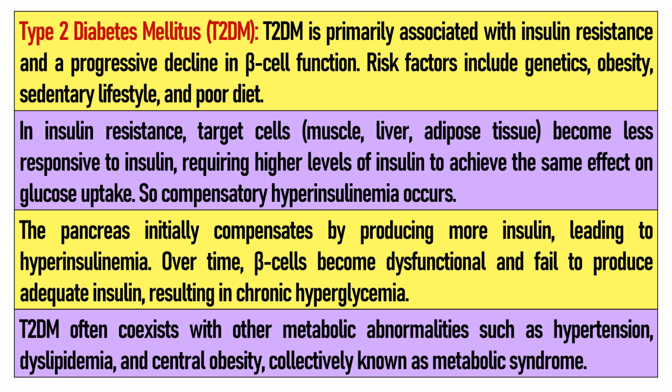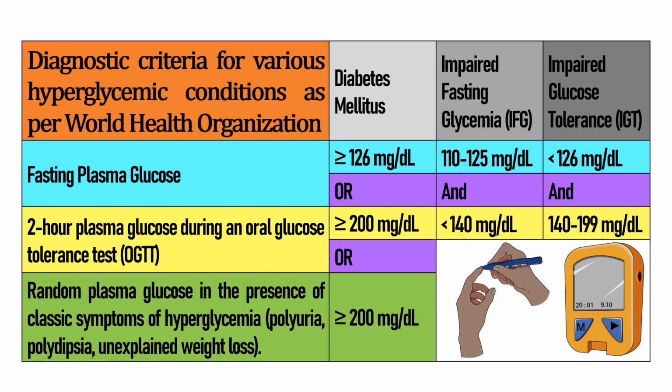So compensatory hyperinsulinemia occurs. The pancreas initially compensates by producing more insulin, leading to hyperinsulinemia. Over time, beta cells become dysfunctional and fail to produce adequate insulin, resulting in chronic hyperglycemia. Type 2 diabetes mellitus often coexists with other metabolic abnormalities such as hypertension, dyslipidemia, and central obesity, collectively known as metabolic syndrome. The diagnostic criteria for diabetic conditions vary slightly between the World Health Organization and the American Diabetes Association,